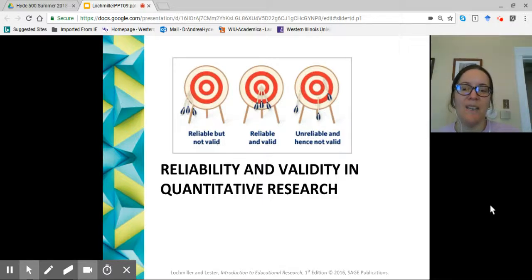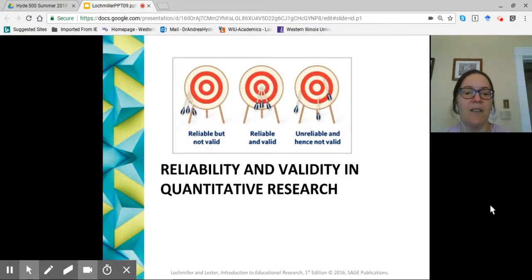The bullseye, the archer's always hitting the same spot. So no matter what, this archer hits the same spot. So that's reliable, but he's not actually hitting the spot that he wants to, so it's not valid. Imagine the shooting of the arrow as a measure. It's not hitting its target. It's not measuring what it's meant